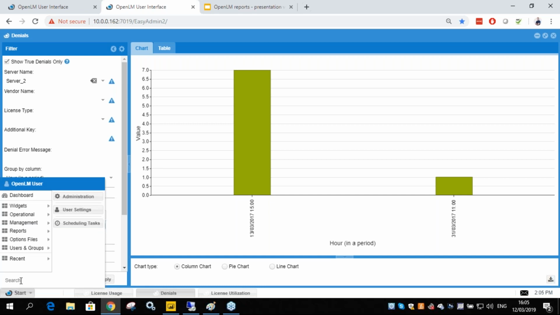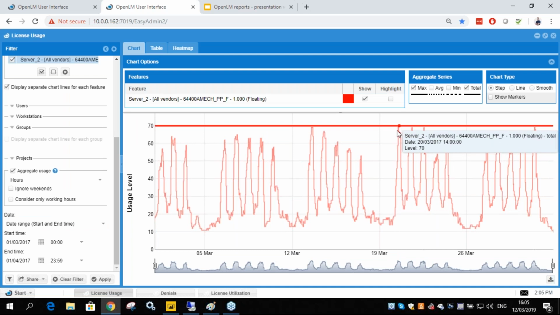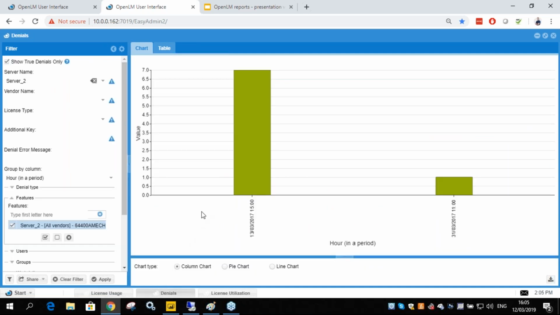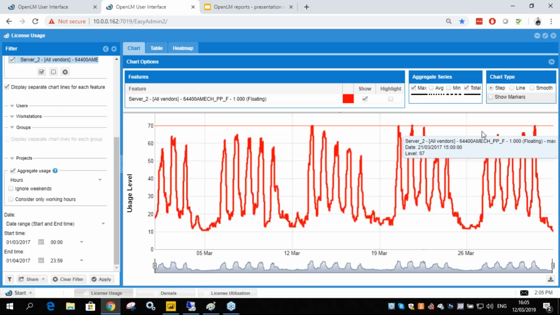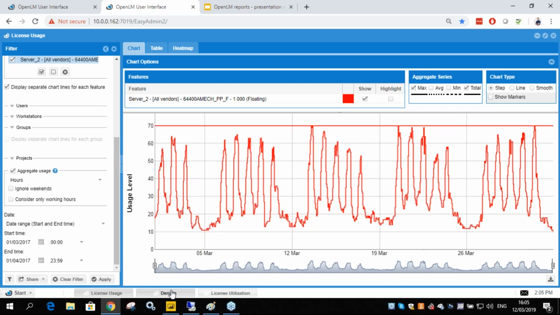Now, to get to the denials report, you click Start, Reports, Denials. And now we see that it maxed out right here, but it did not max out for long, as if we aggregate it by the hour, we see that it was only 7 denials that hour. And then many days passed, almost 2 weeks, and we had 1 denial more, like here we had another denial. So that constitutes a healthy license, a license that doesn't need more licenses,